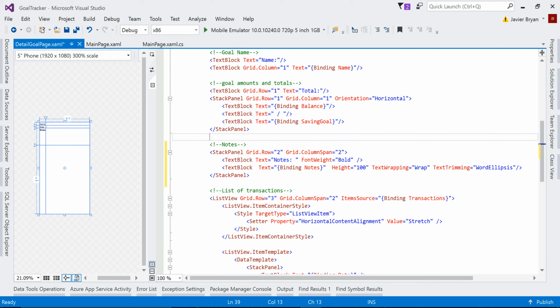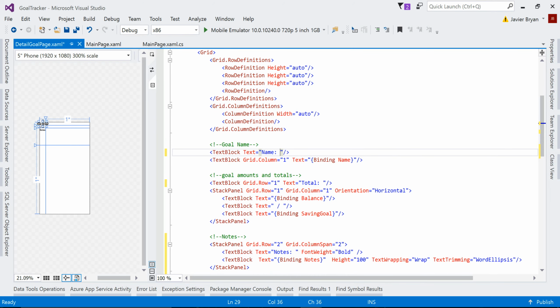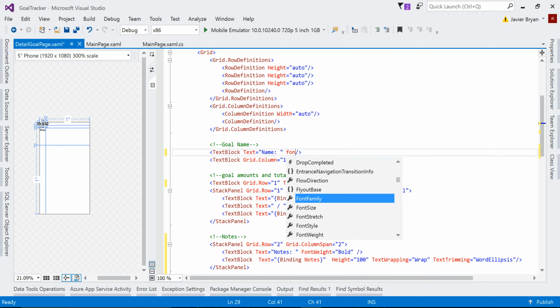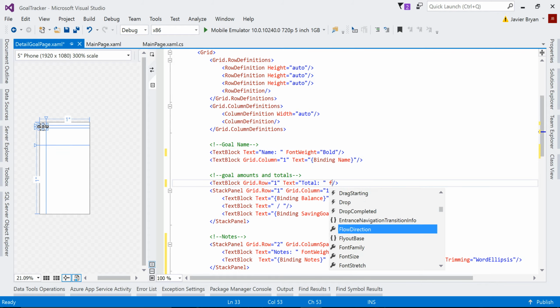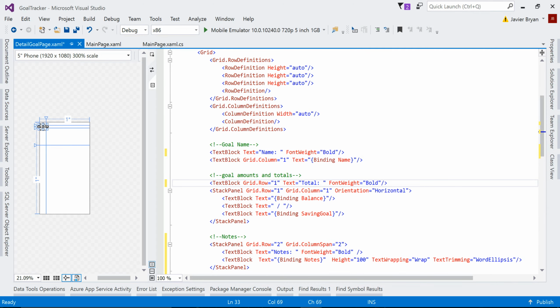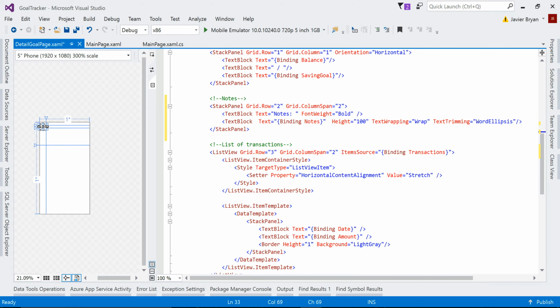Let's see, what else do we need? I think we figured that these items were a little too close, so is it this or is it this? The total, yes. So we're gonna put a space here. Alright, let's also make these bold, right? Font weight, bold. Font weight, bold. And